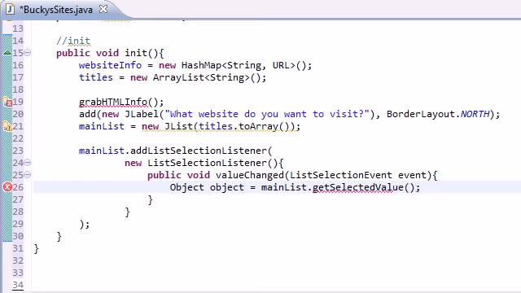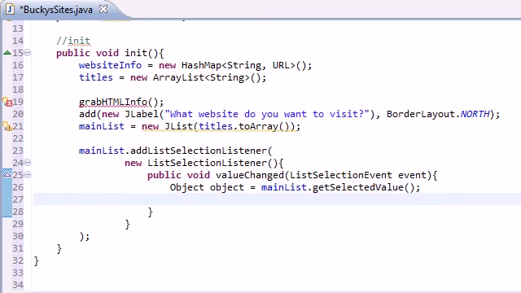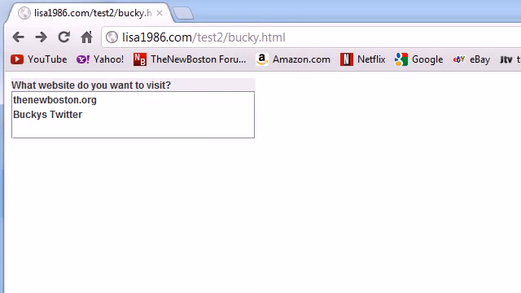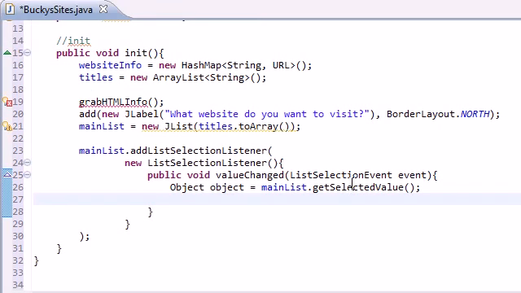There we go. Now, what this method does is it gets the title of the website. So, for example, what this is going to do is if you click on thenewboston.org, what